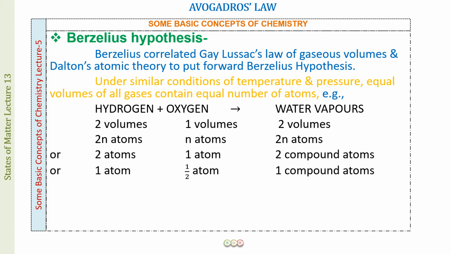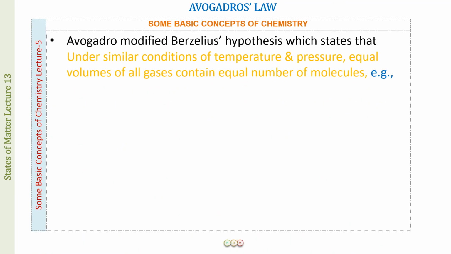Now there was a modification done to the Berzelius hypothesis, and that is what we have as Avogadro's hypothesis, which later on came to be known as Avogadro's law. So Avogadro, when he modified the Berzelius hypothesis, was the one who differentiated between atoms and molecules now. And he said that under similar conditions of temperature and pressure, equal volumes of all gases contain equal